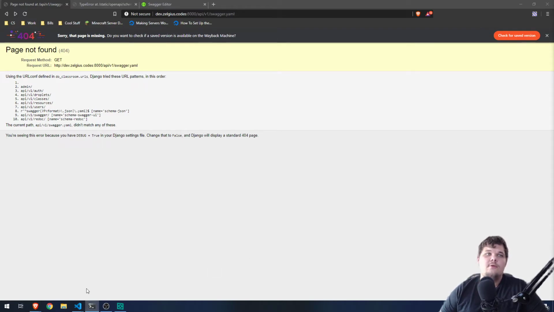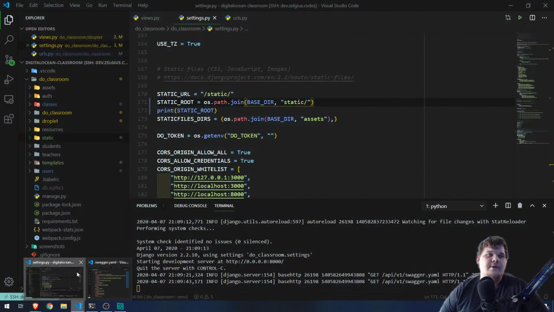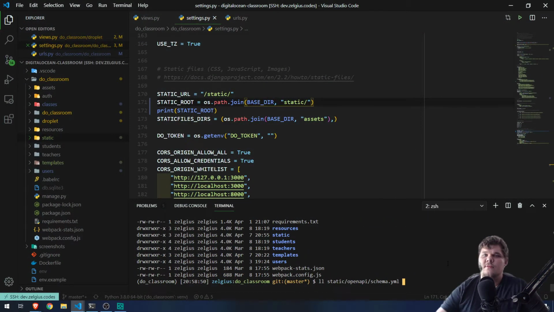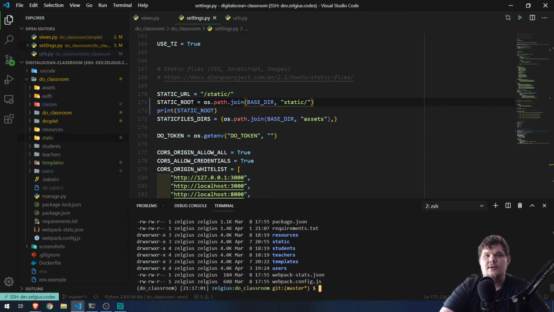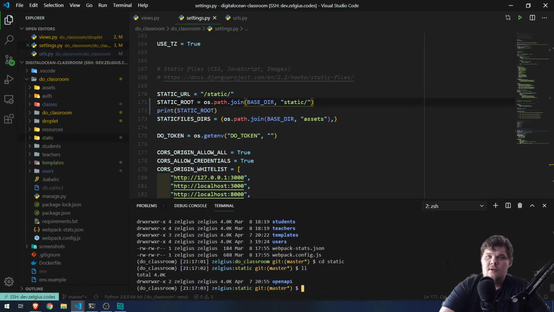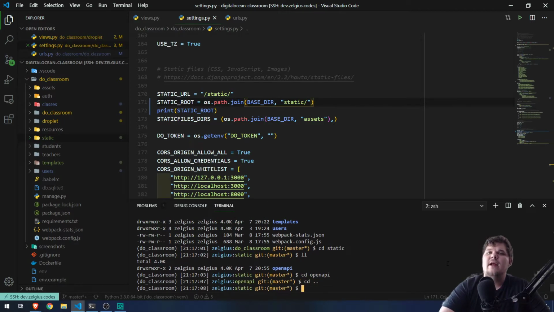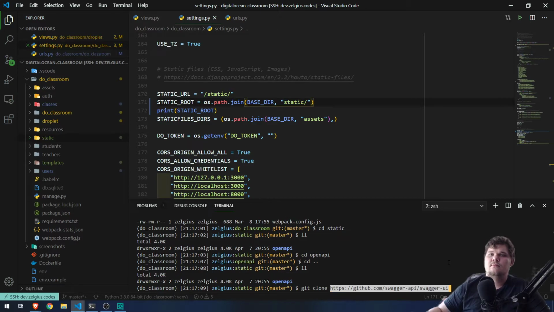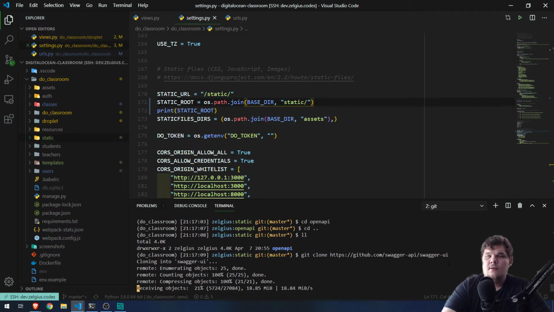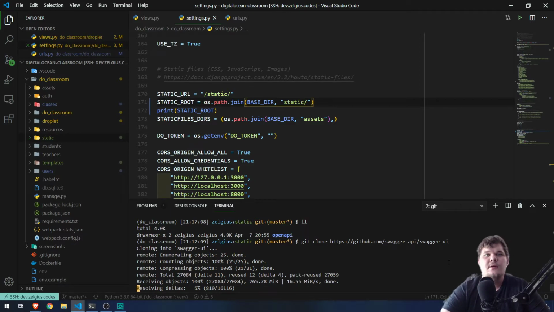So what we're going to do, we're going to go into the static directory real quick. cd static. And we're just going to do a cd openapi. We're going to do it outside of here. git clone. We're going to clone down the Swagger UI real quick. And it says that I should take the contents of the Swagger UI's dist directory into swagger-dist-ui. So inside of openapi, once this thing's done cloning,